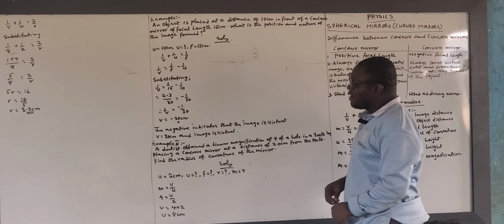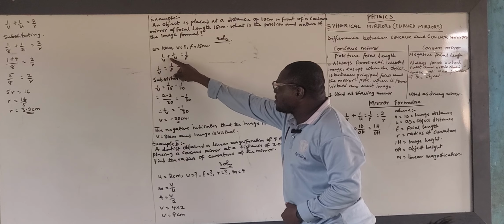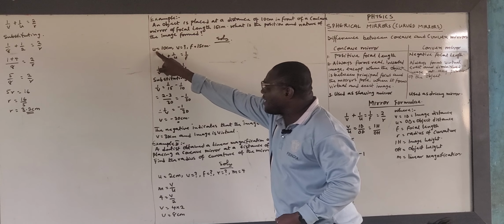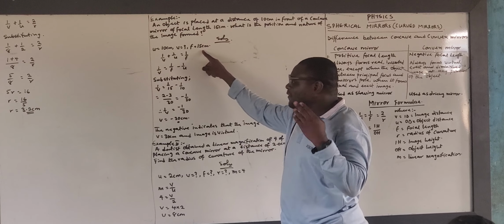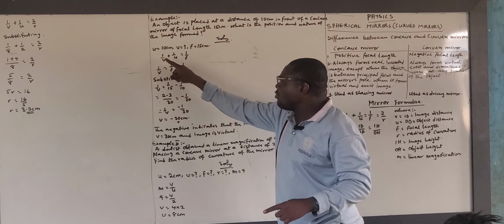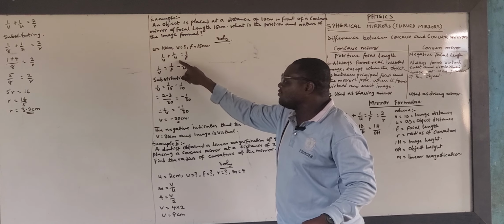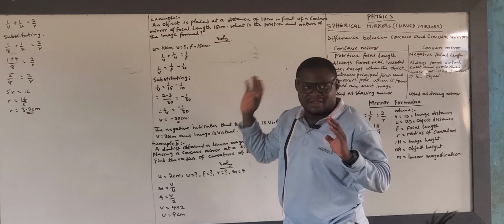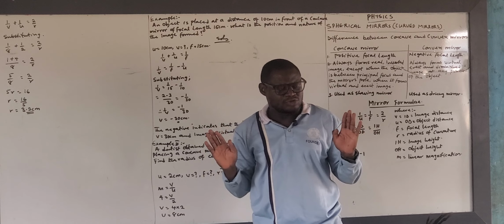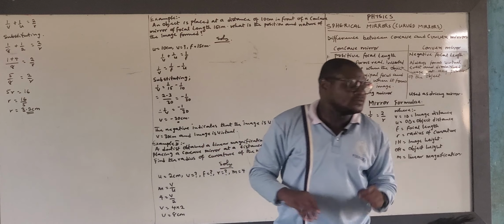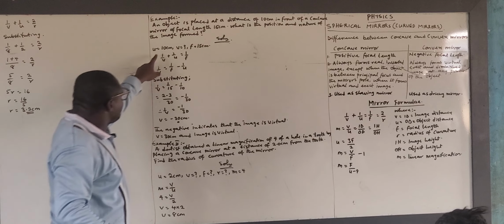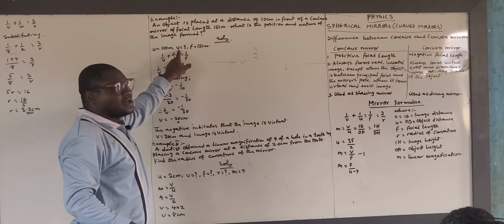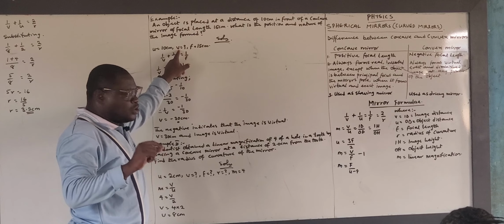Now, they say: since we have U, we have V, we have F, the formula we are going to use is 1 all over V plus 1 all over U is equal to 1 all over F. That's the formula that we are going to have. Now, to proceed, from what we are given, we are not given V. Therefore, we are going to make